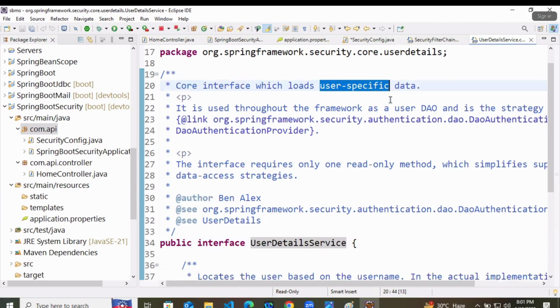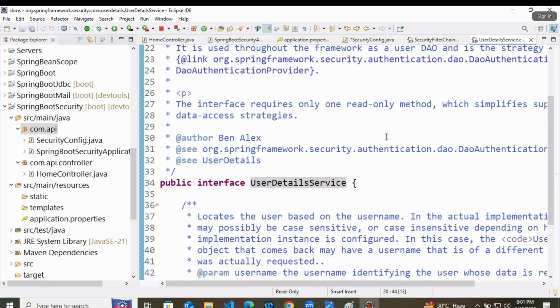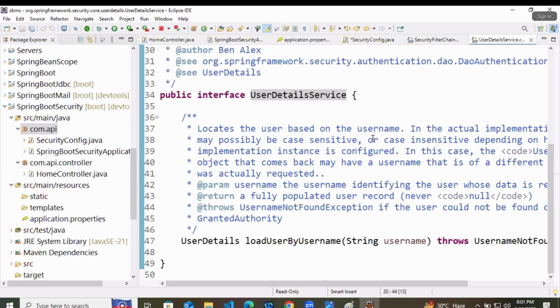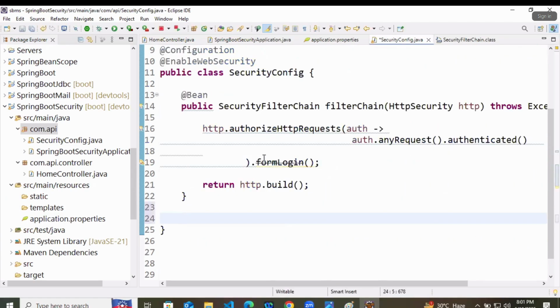That's it. It means you can create some in-memory users. So the same thing, I'm going to create a public UserDetailsService. You can keep any method name here. Let's say user.